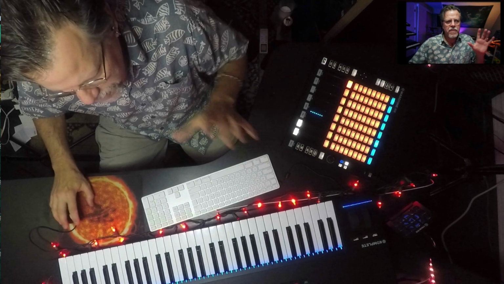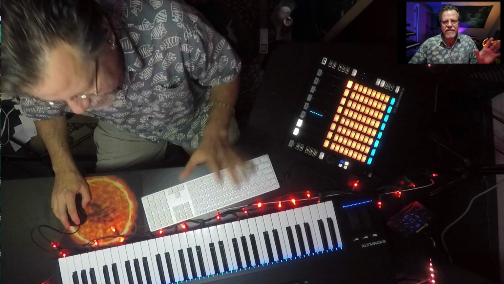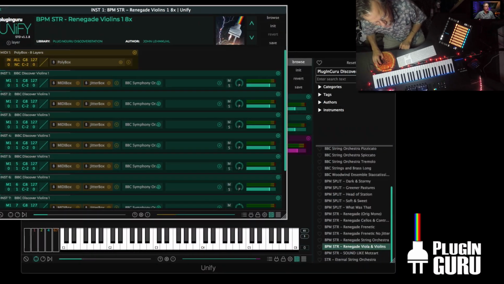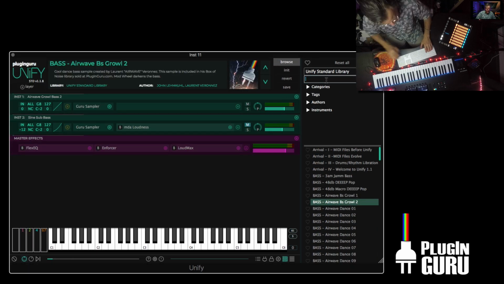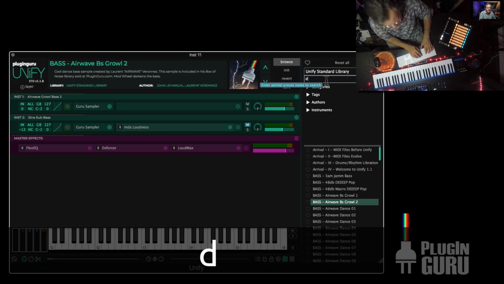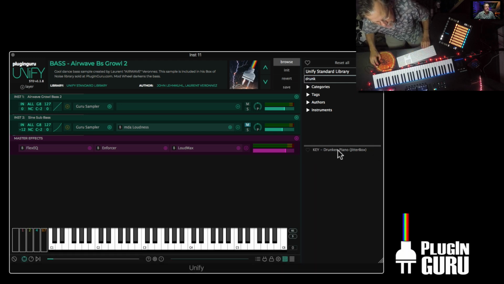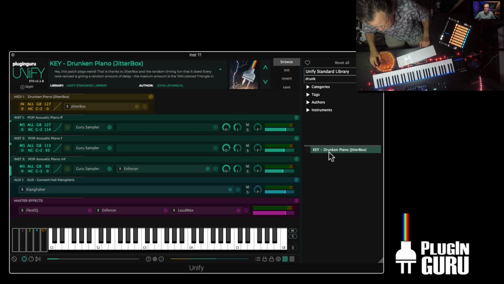So this is a MIDI effect, which means you can apply it to anything. So let me show you how to do that. Go to the Unified Standard Library and type in drunken, believe it or not, D-R-U-N-K. Even drunk will get you there. And choose the drunken piano. And then turn off JitterBox. And now you have the piano